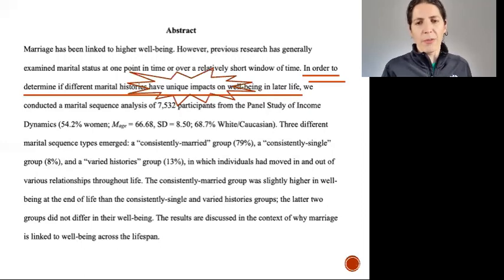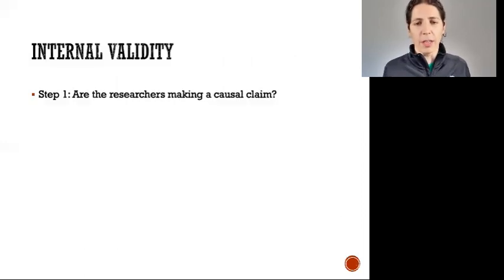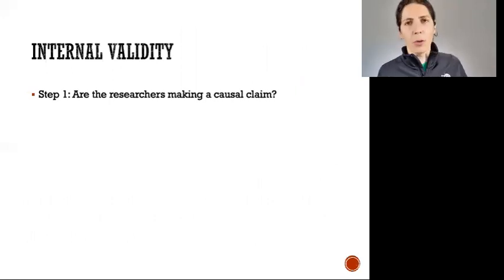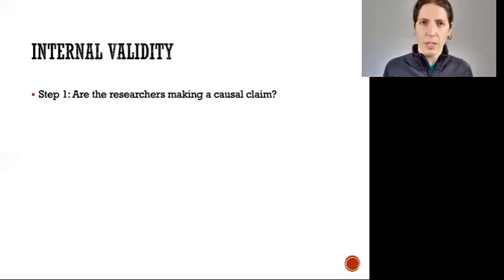So this first step of asking, are the researchers even making a causal claim, can be a lot trickier than it sounds. And I would err on the side of thinking that probably the researchers are interested in causality most of the time. There are exceptions. And then the question is, how careful are they in their language? Do they make it explicit that while we're interested in causality, these data only allow us to look at the association, or do they make causal claims from their data and say, we found that X impacts Y, for example?